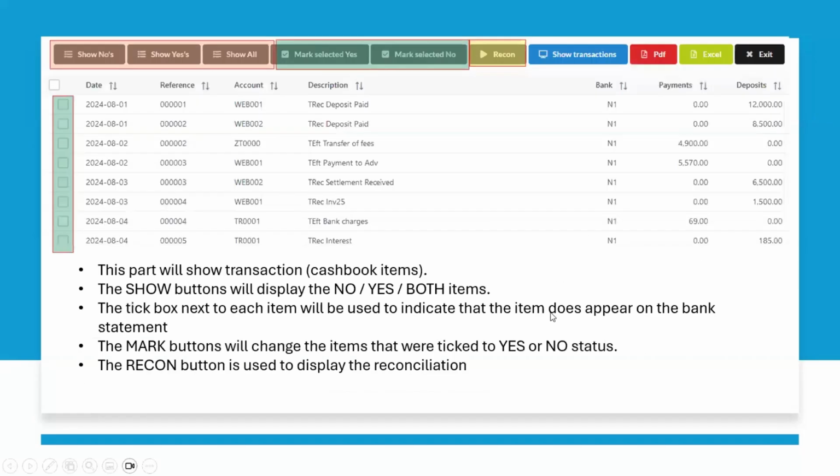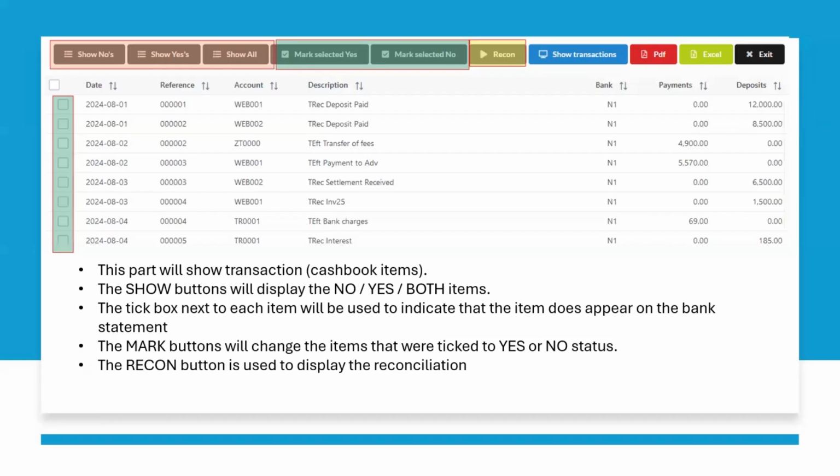Now, when you view the reconciliation, the items that are presented there on the screen are the non-reconciled items. You will see it there in the bank column, where there's an N next to every item. It's just indicating to me not reconciled. It's not been marked as a yes by the user. And the transactions that you see there are the ones that I need to compare with my bank statement.